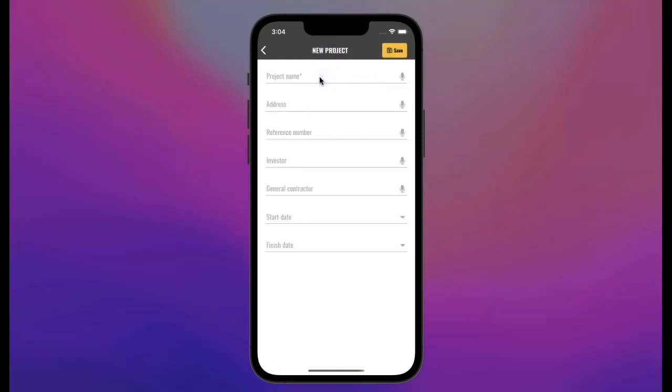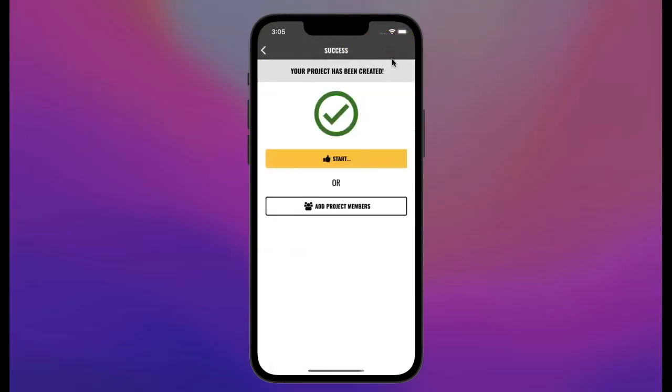And in the next step you can see the project details form. By default, only the project name field is required, so if you are in a hurry, you don't need to fill the remaining fields in. Let's type the project name, and also fill in the address before moving further. You can always change project information on the project settings later. At this moment the project has been created.